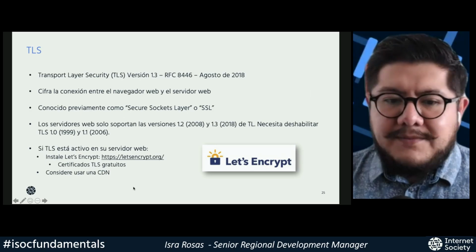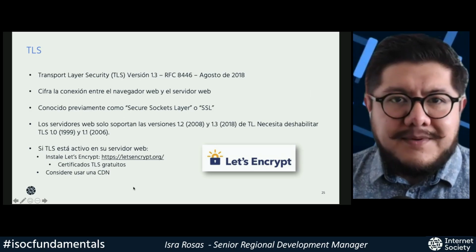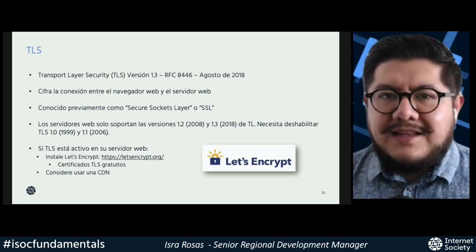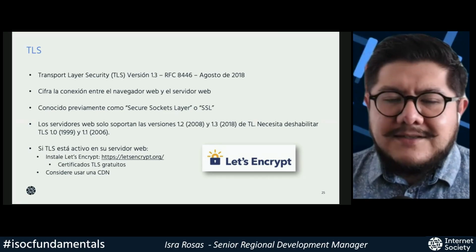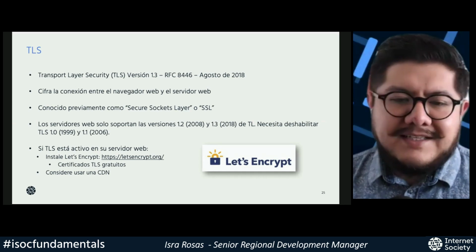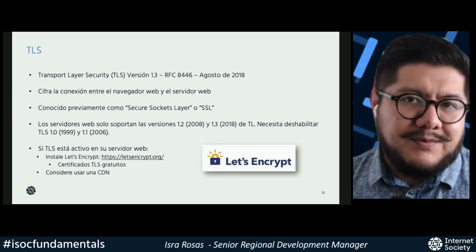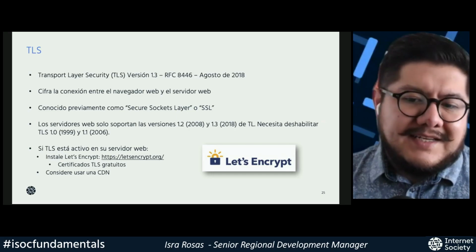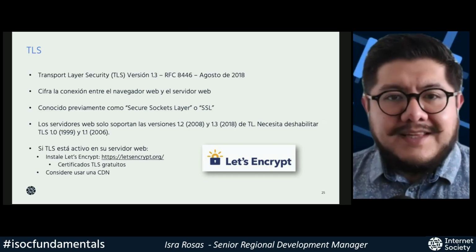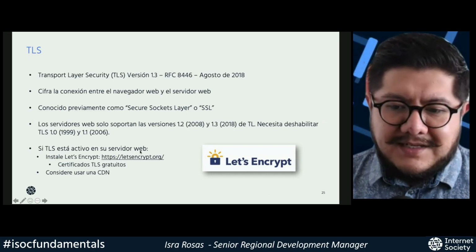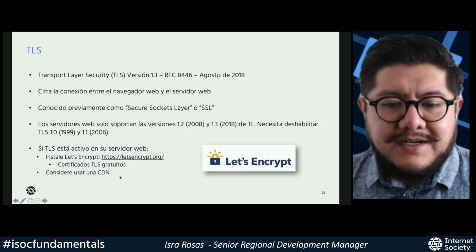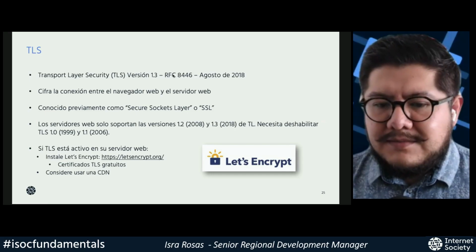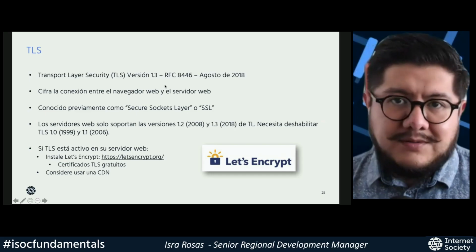Now, it is important for us to remember that servers only support 1.2 and 1.3 versions of the TLS. So in this case, if you want to implement that layer, you need to enable TLS 1.2 and 1.3. Now, if TLS is active, you can install Let's Encrypt, and there the TLS certificates are free of charge.